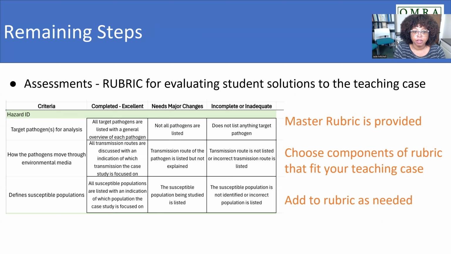So, for example, if we want to assess the target pathogens for analysis, in this case, it's Cryptosporidium, and that's the only pathogen that we're concerned with. As I mentioned previously, there are case studies where we didn't initially know what the hazard was, and part of the case study might be identifying what's the hazard, or which hazard is producing the highest risk. So an excellent solution would be, for this case, that the students identify Cryptosporidium as the target